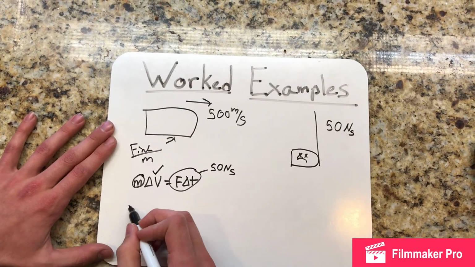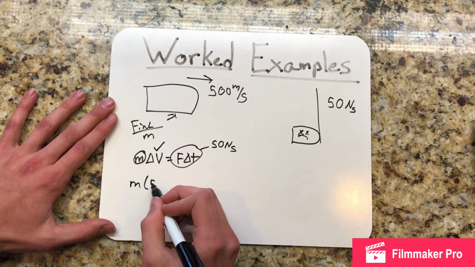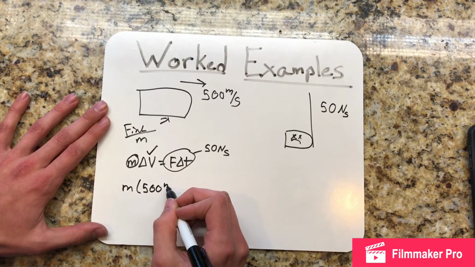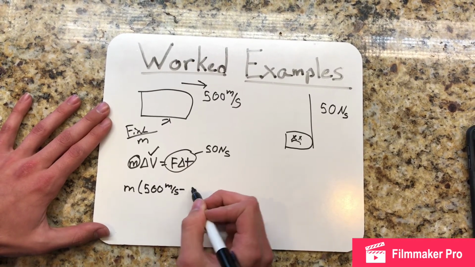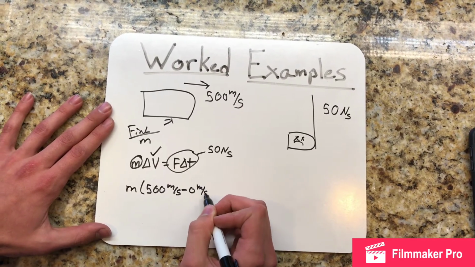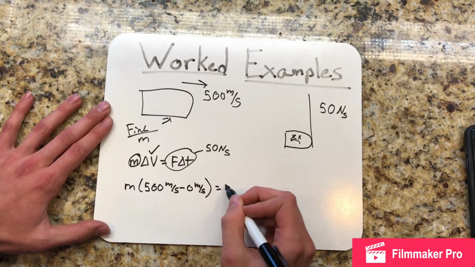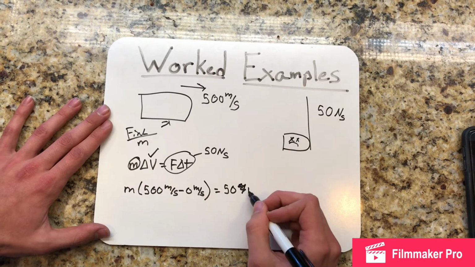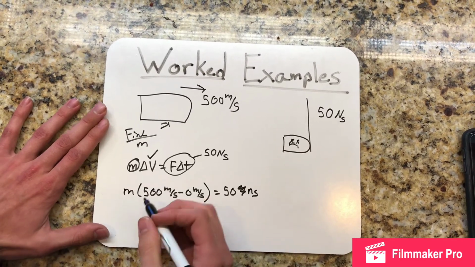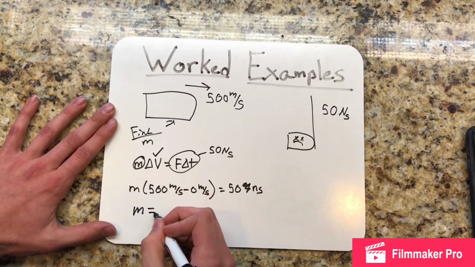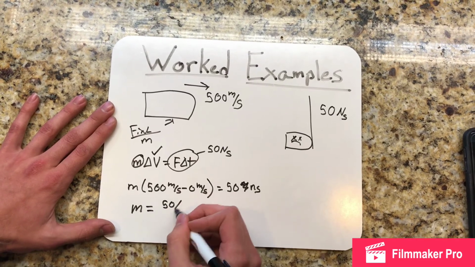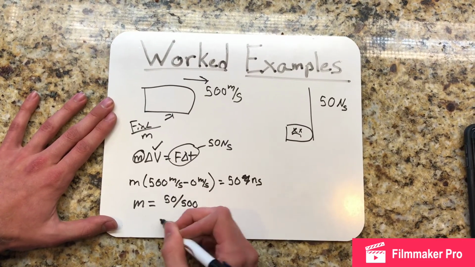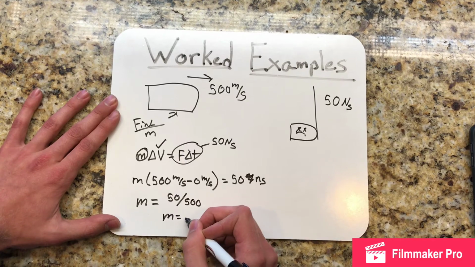So we have the mass times 500 meters per second minus 0 meters per second, which equals 50 newton seconds. If we divide, 50 divided by 500 gets you the mass,